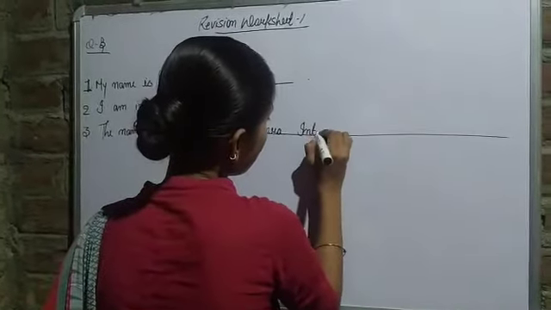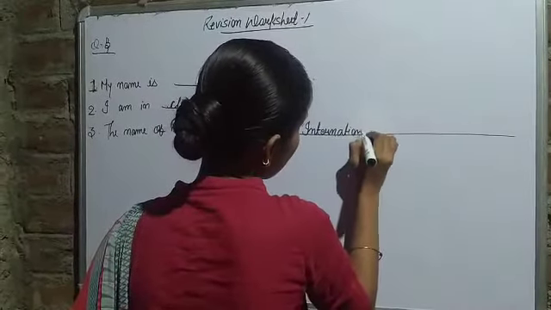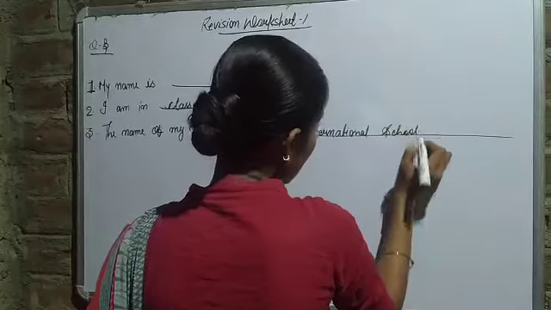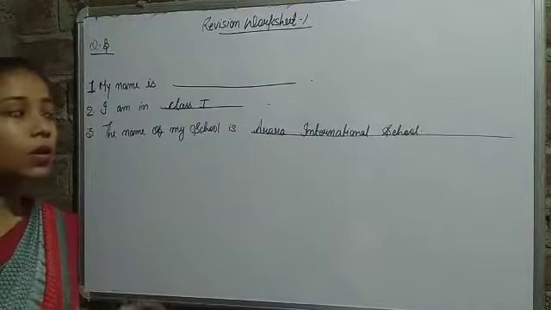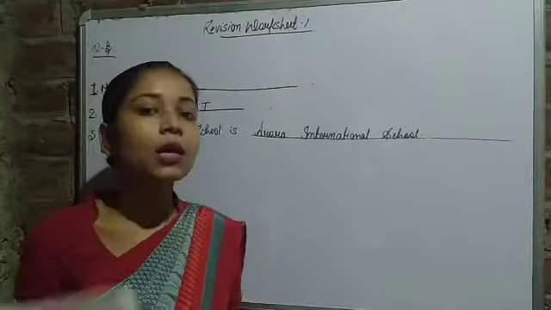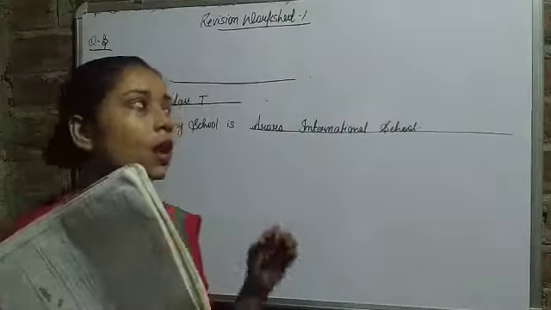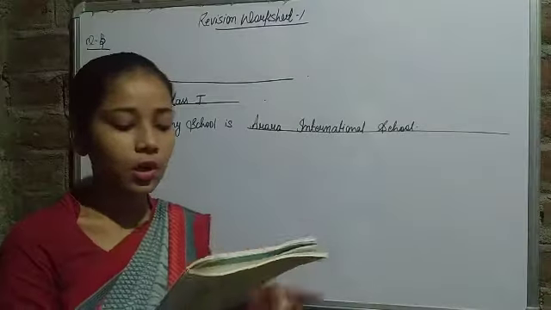Aurora International School. I have written the name of the school here because you are all from the same school and the same class. That's why I have written the class and the name of the school, because names are different, इसलिए उसके लिए मैंने सिर्फ blank छोड़ा. आप अपना नाम वहाँ पे खुद से fill कर लेना.